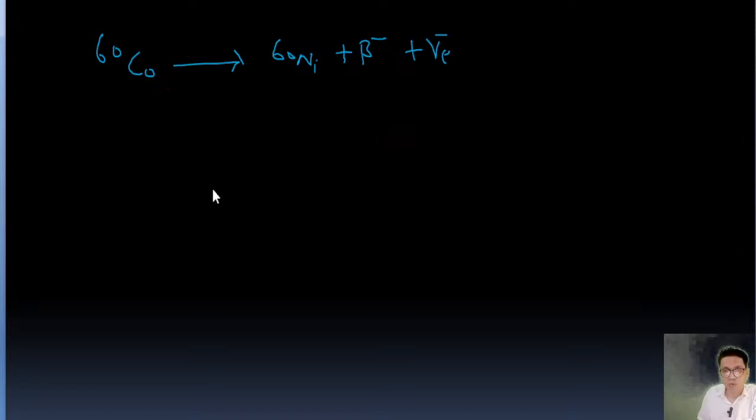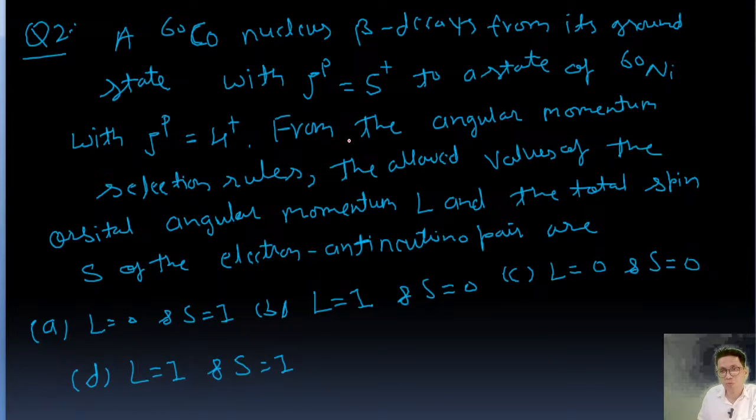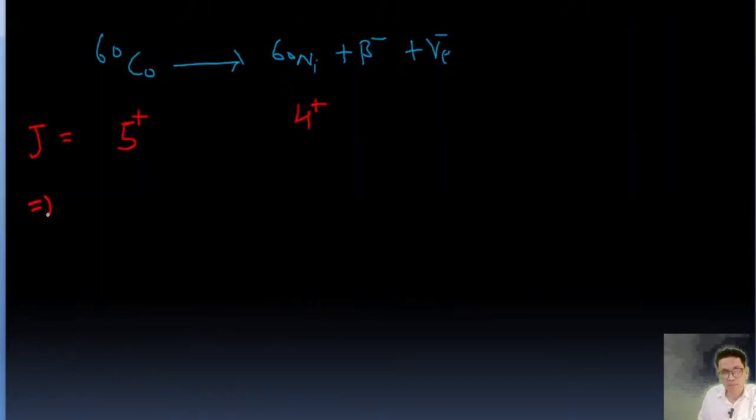Okay, now you can see here a very important thing. If we talk about the J value, it is 5 plus, and for nickel the Jp value is 4 plus. Okay, so these are the J values, right? Because it is given in the question. So that implies the delta J value is going to be